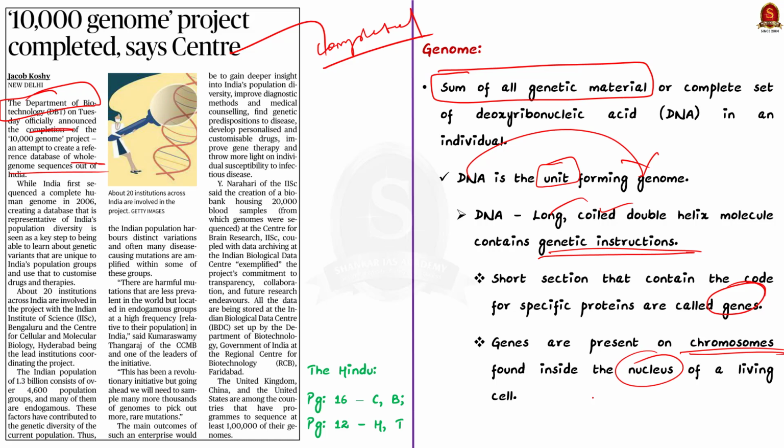So we can say that the genome of an individual consists of 23 pairs of chromosomes located in the cell's nucleus, as well as a small chromosome in the cell's mitochondria. A genome contains all the information needed for an individual to develop and function. Now with this basics, let us see what is genome sequencing.